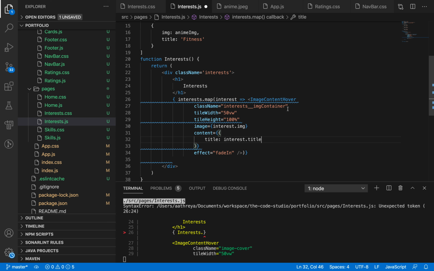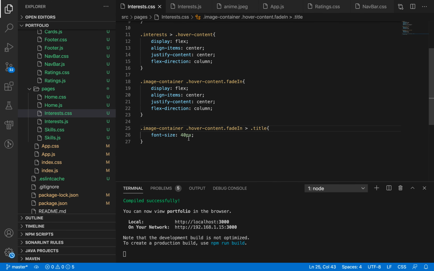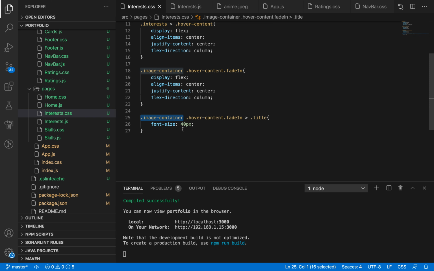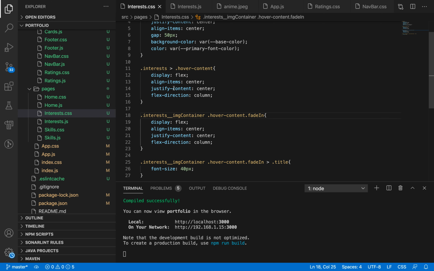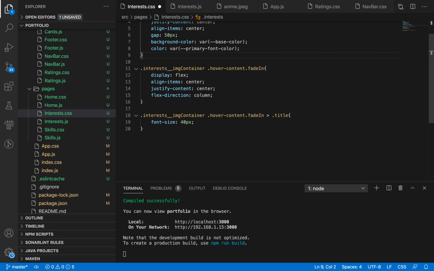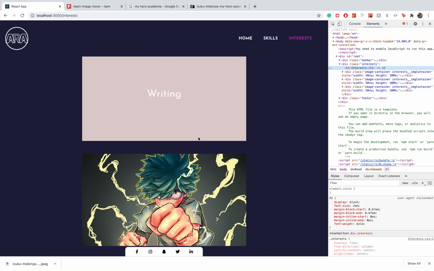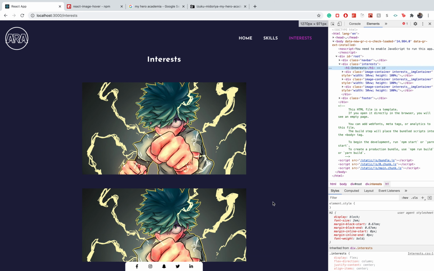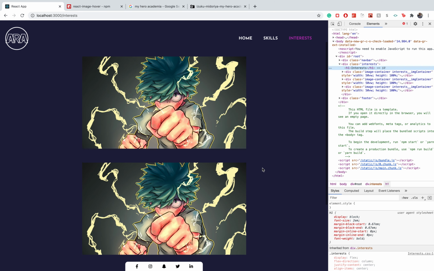And I'm missing something. Oh, this one. I need to change this image container to, oops. It's gonna be dot interests underscore image container, and that's gonna be over here as well. And I can remove this. It's not doing anything. So I have 3 interests now, which are super fancy,